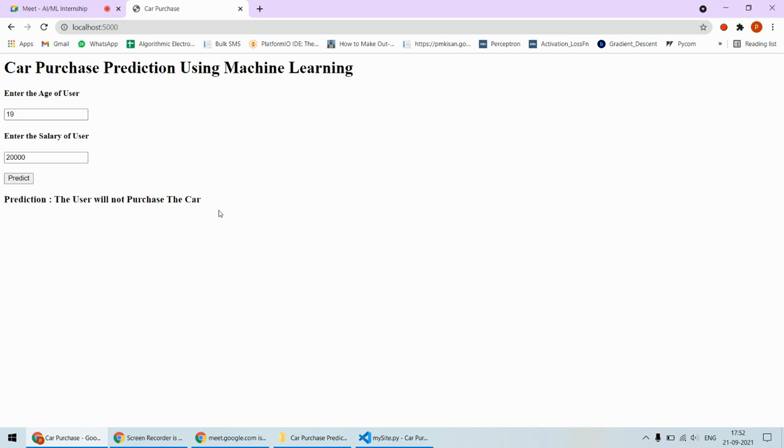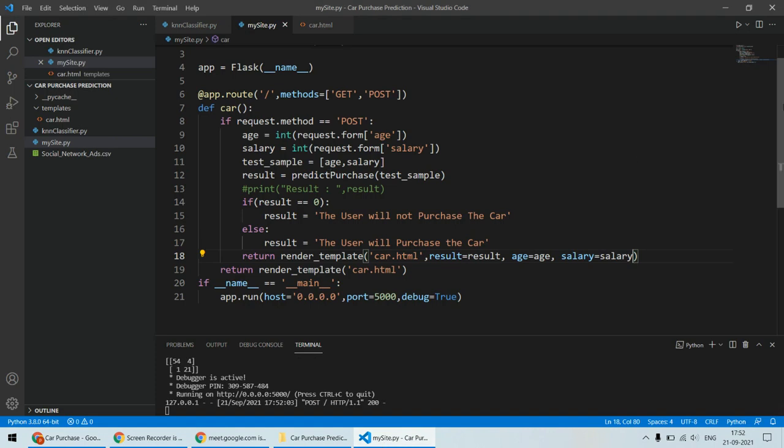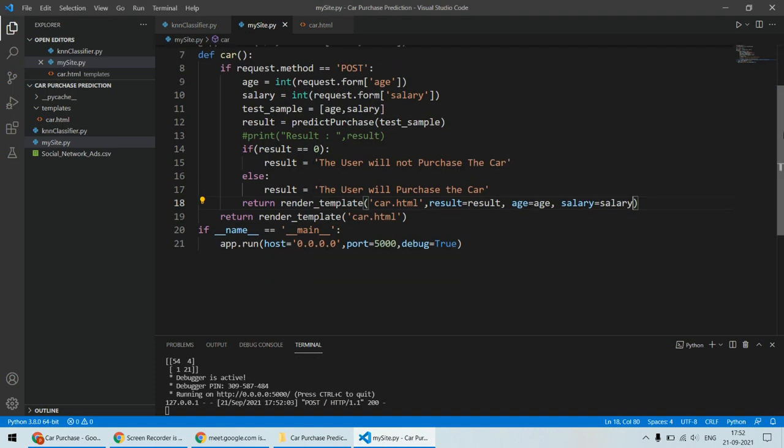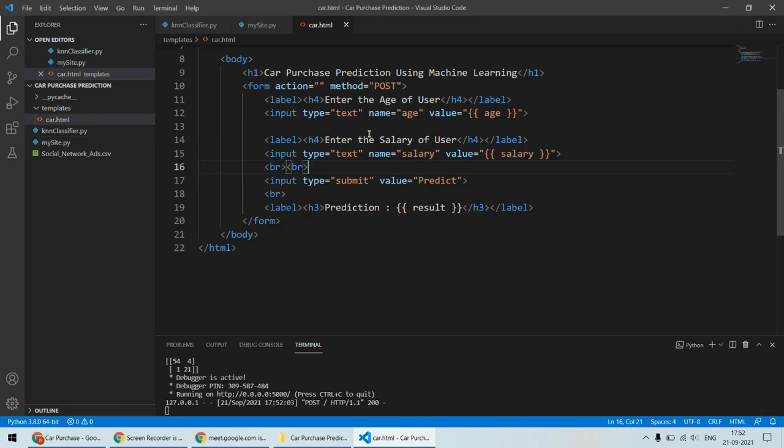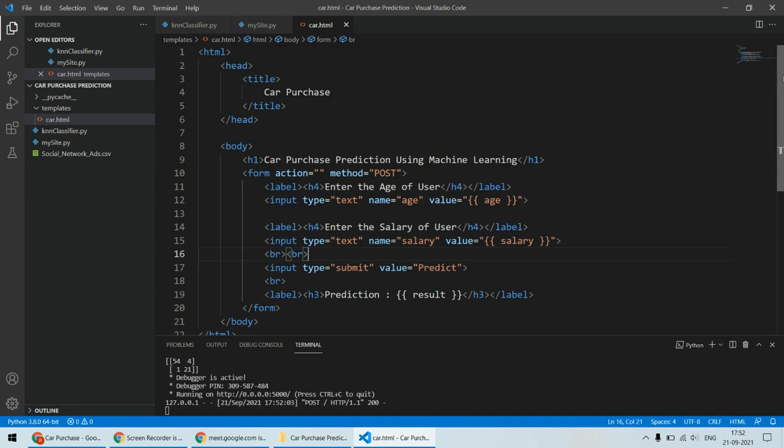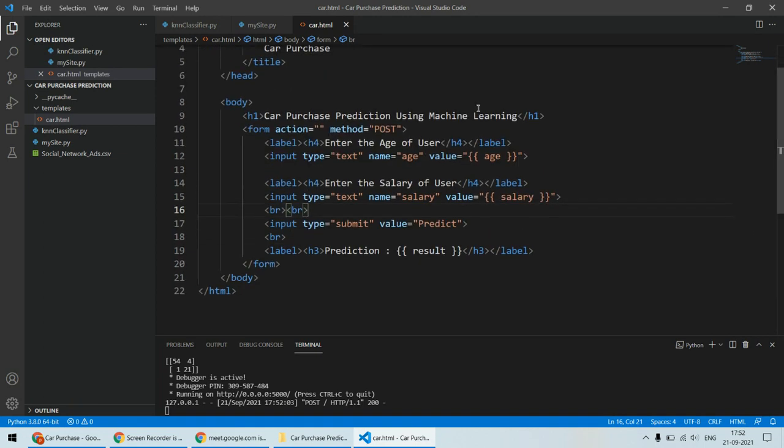Okay, so this is how the project can be developed, and now ये simple thing, कुछ भी और anything if you want to develop you can actually create using this. Now हम देख सकते हैं इसका basic thing is you have to create this mysite.py और देन car.html, और इसके अंदर कुछ तो फॉर्म होगा। तो फॉर्म के अंदर राइट नाउ वी आर हैविंग ओनली दिस फील्ड्स, बट इन योर केस अगर आप कुछ और प्रोजेक्ट करना चाहते हो तो यहाँ पे मल्टीपल फील्ड्स होंगे। तो ये एक टेम्पलेट की तरह आपको यहाँ पे बन चुका है।